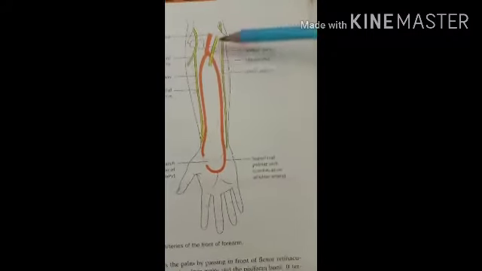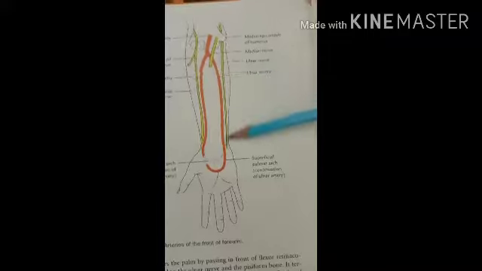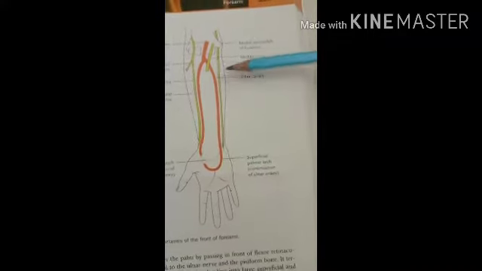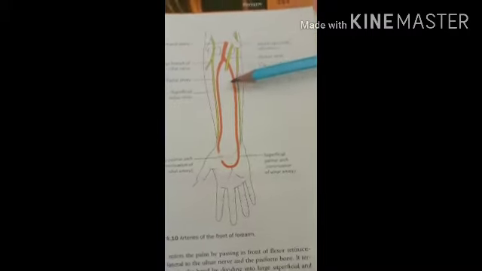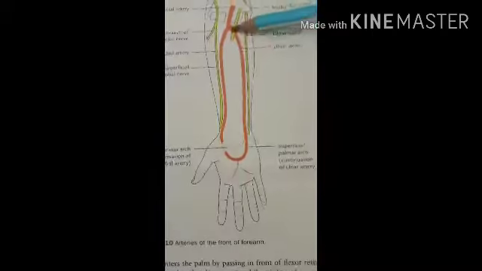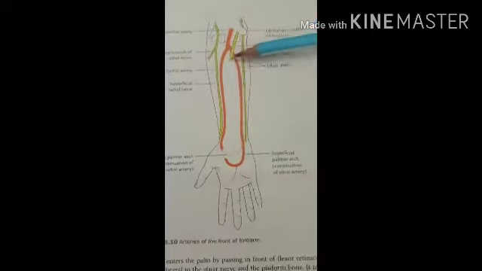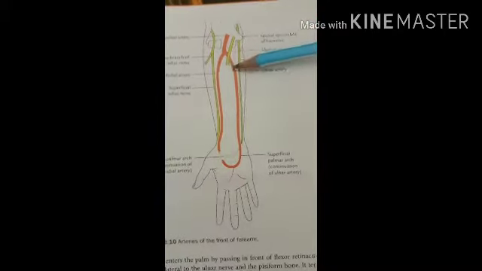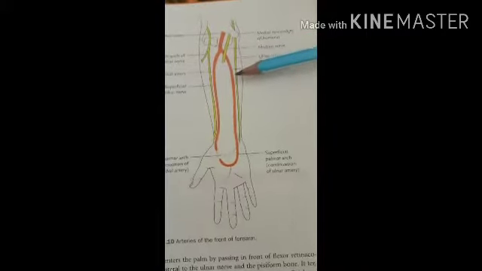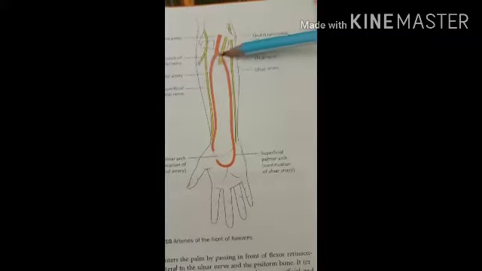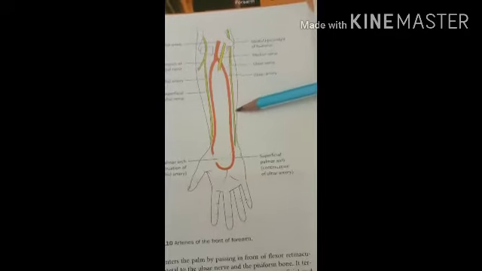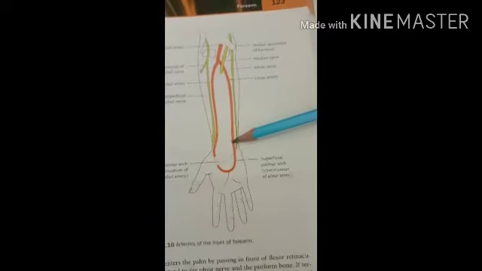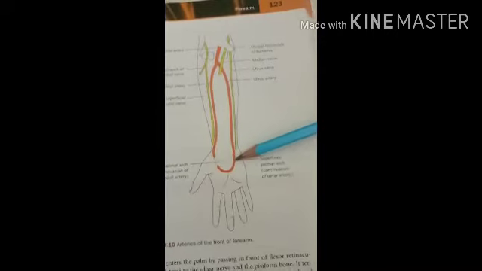So here next to it, that is the ulnar artery. Here you can see the ulnar artery. The ulnar artery is the larger terminal branch of the brachial artery. It begins in the cubital fossa at the level of the neck of the radius. Then it runs downwards and reaches the medial side of the forearm,